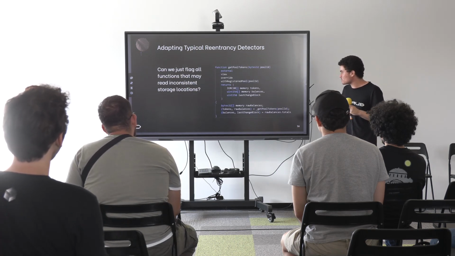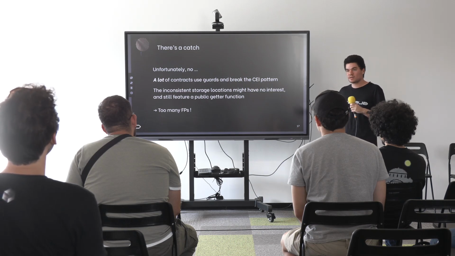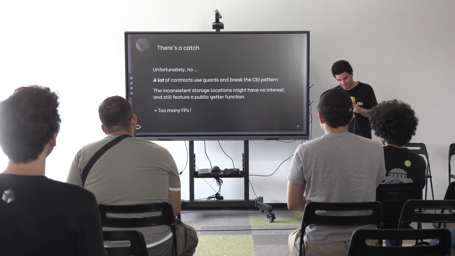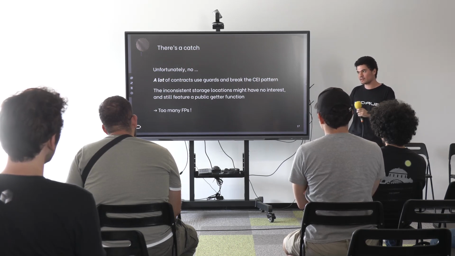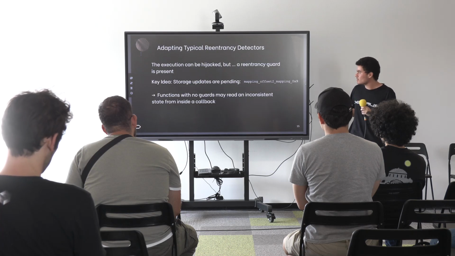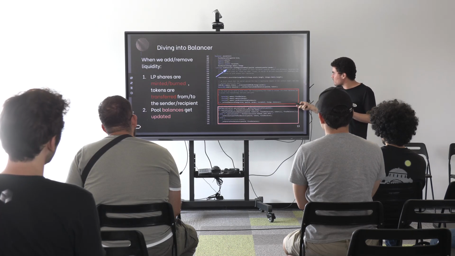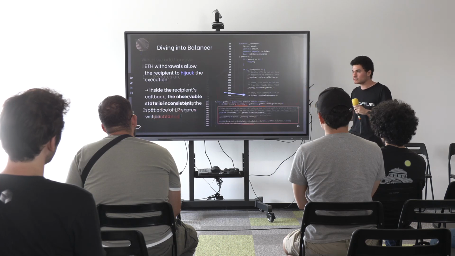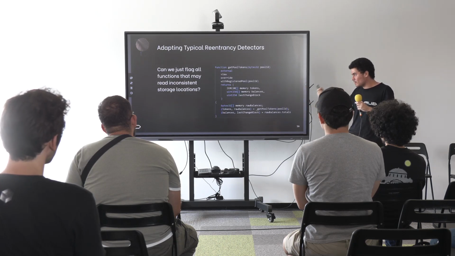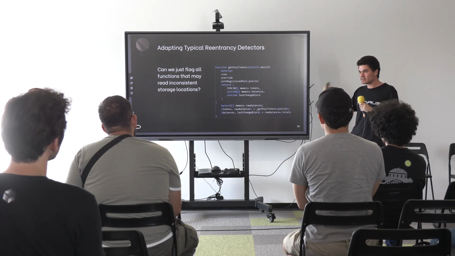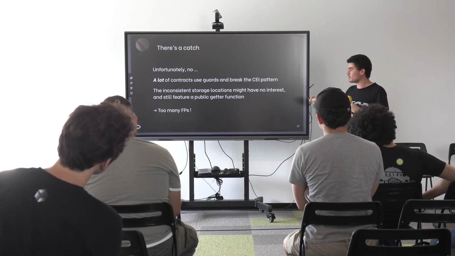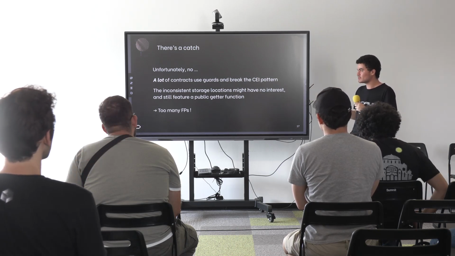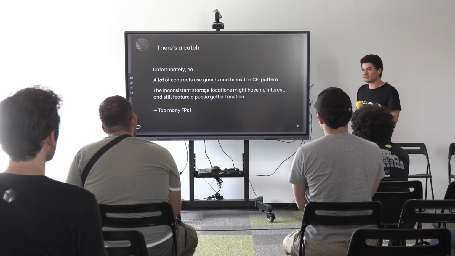This is because, in practice, a lot of perfectly secure contracts break the checks-effects-interactions pattern, but they're careful with how they use the reentrancy guards, and you have to keep in mind that public getters will be valid